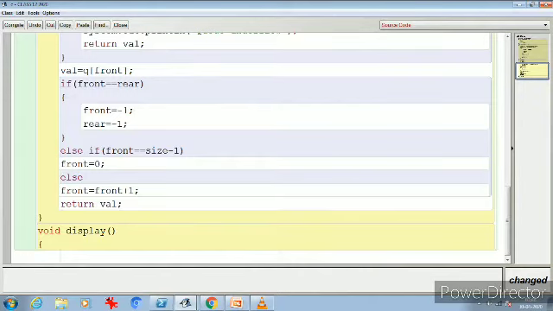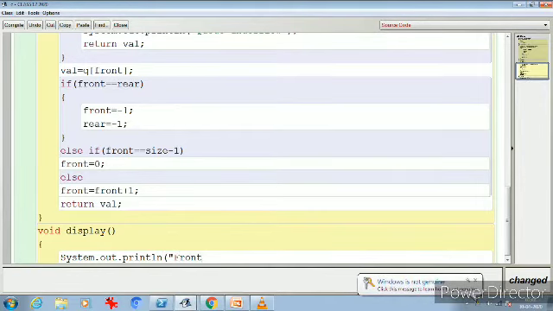Now let's write display. As we are writing in a circular manner, the display is a little bit tricky over here. We have to use different for loops for the display of the queue. What I am doing over here is intentionally printing the value of front and rear so that you can understand where and how the circular motion is moving.